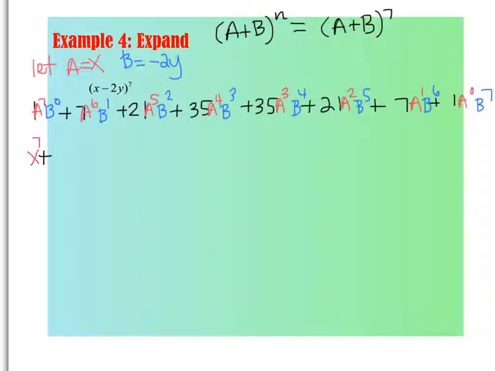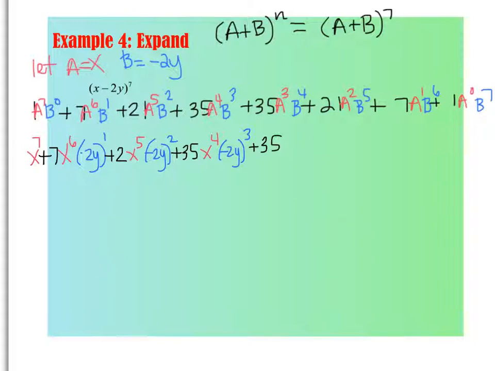For the next one, though, I'm going to have 7 and then x to the 6th. Now I have B to the first, which is negative 2y to the first. And I'm just going to keep going through with that. So coefficient of 21, then we'll have x to the fifth and negative 2y squared. Coefficient 35, x to the fourth, negative 2y cubed, plus 35, x cubed, negative 2y to the fourth,